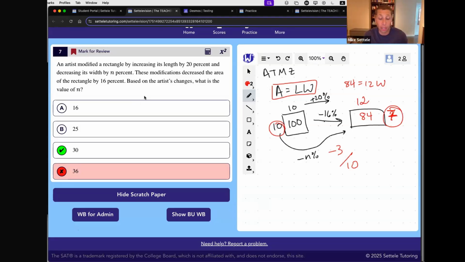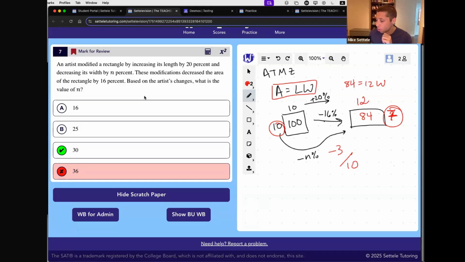So again, if you got this right using the algebra, that's awesome, but it's risky. Algebra is always riskier than arithmetic, because algebra has letters and numbers, but arithmetic only has numbers. So that's something to embrace. Even if you're an amazing math student in school, I promise you, you are worse at algebra than you think you are. And that will cost you points in the SAT. So a lot of this main strategy, this plug points into equations, is about reducing the amount of algebra we do, having numbers to work with. That is much, much better. So we're trying to get to that place as much as possible. Sometimes it doesn't work, but it's worth trying.